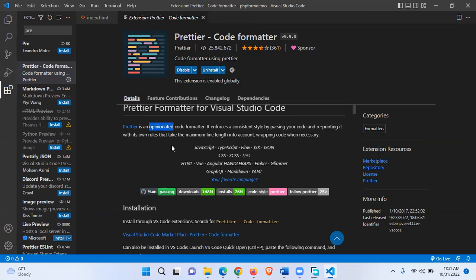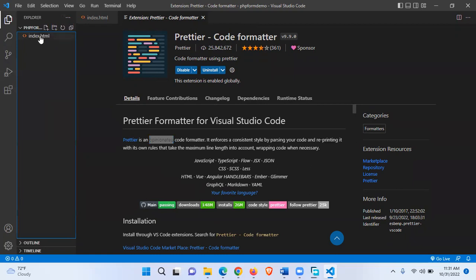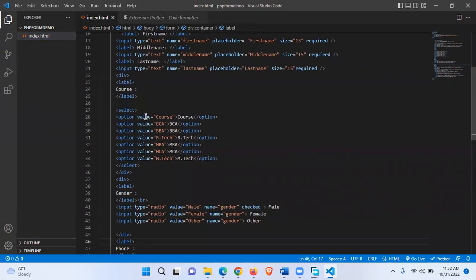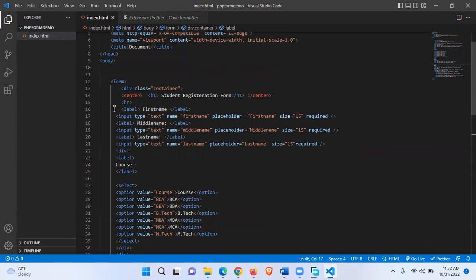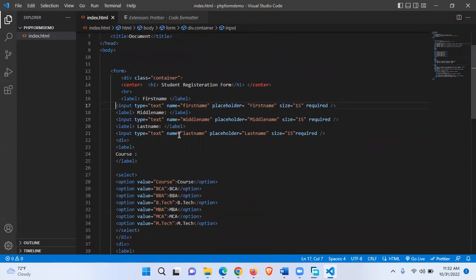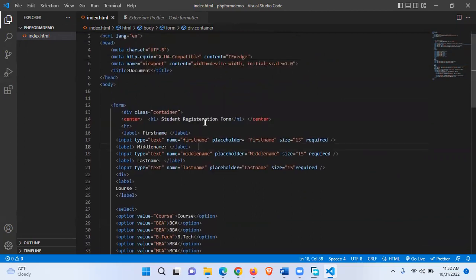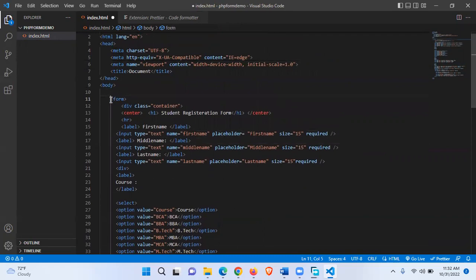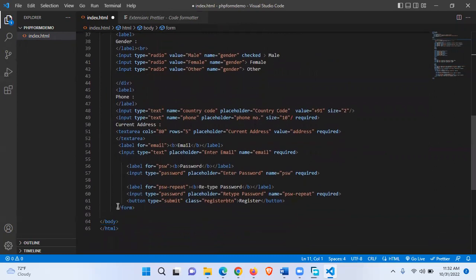So this one has installed. So if I go now back to my code here, you can see the way the code is not so well spaced. If I save, you'll notice that the application will be adjusting some of the spaces as we move on. It will be creating some better organization for my code when the plugin picks up. So I've added this. It's my form. And inside the form,